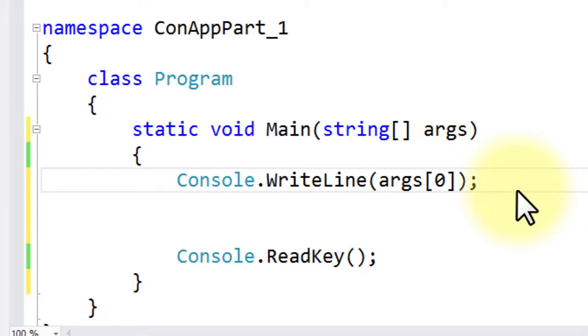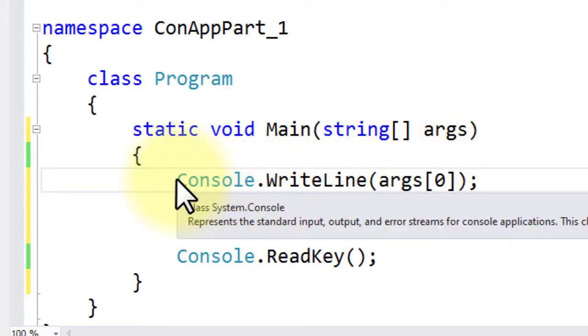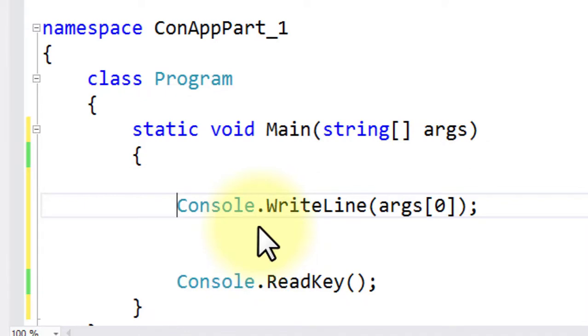Suppose I pass 3 arguments to the main method. The first argument is stored in args of 0, that is index 0. The second argument is stored in position 1, and the third argument is stored in index 2, that is args of 2. So I just display the first argument.